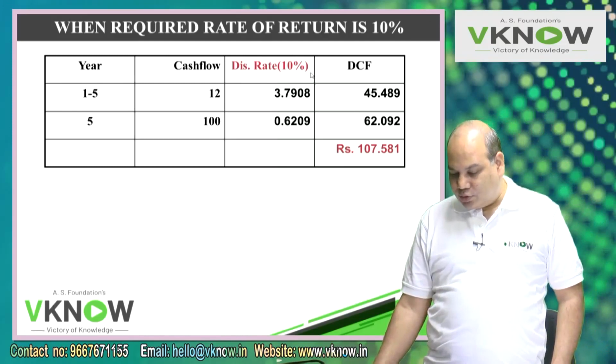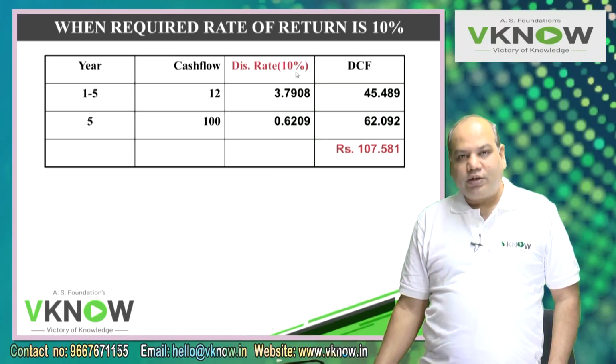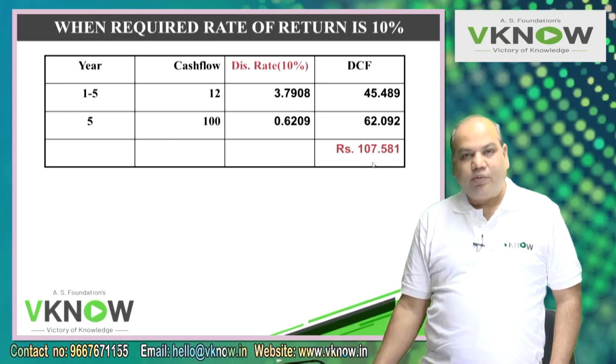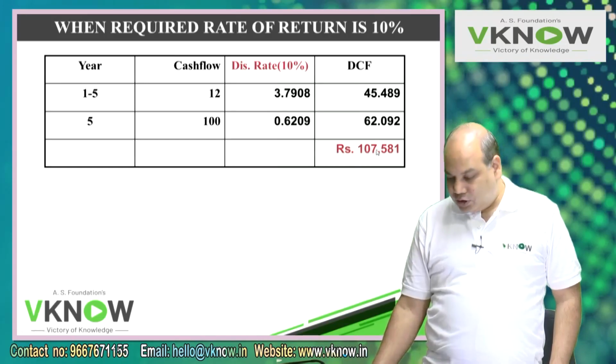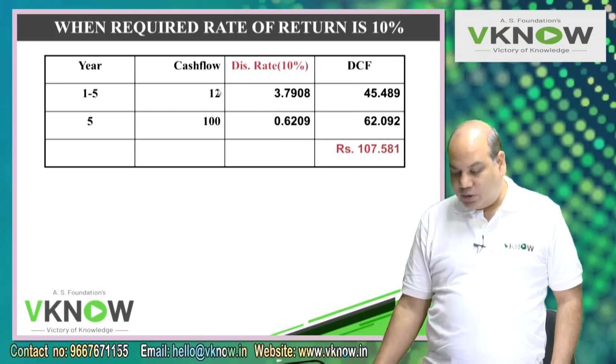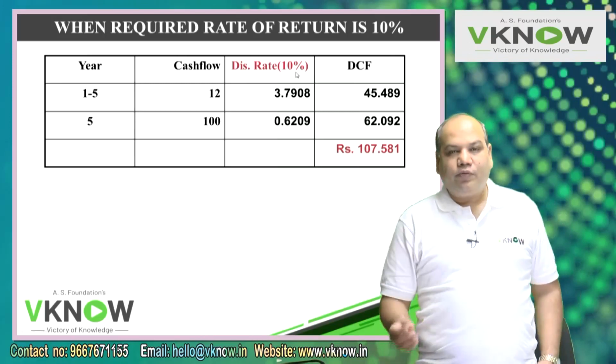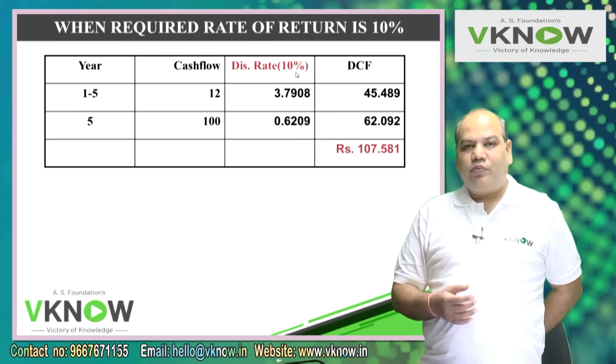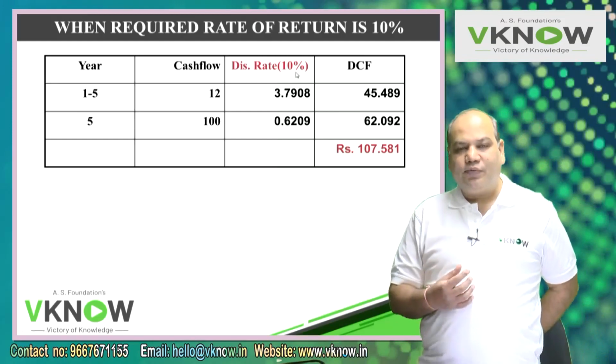Calculation computers can also do. The student has to understand that when the discount rate is less than the coupon rate, 10% is less than 12%, the bond will be trading at a premium. This is called a premium bond. And the present value of the bond is more than the face value. So since your required rate of return is 10% and the company is giving you 12%, this bond will be selling at a price higher than the face value.